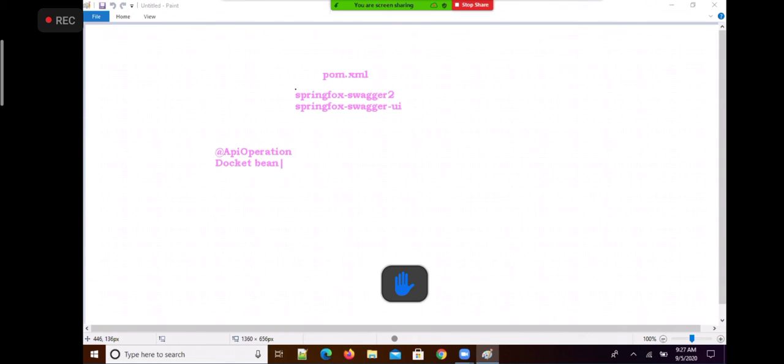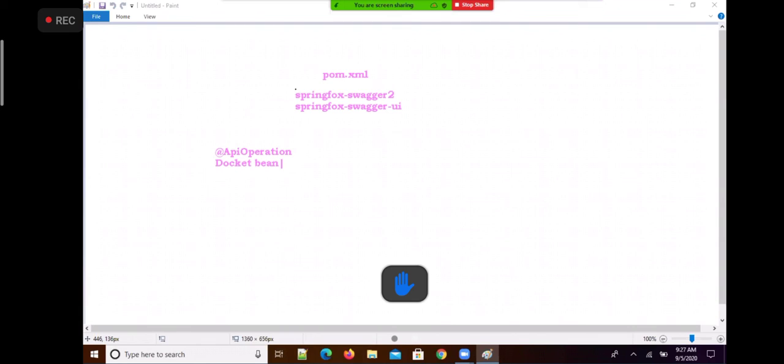We are going to create a bean method in the Spring Boot application class that returns this Docket object, so it is registered as a bean in the Spring container.